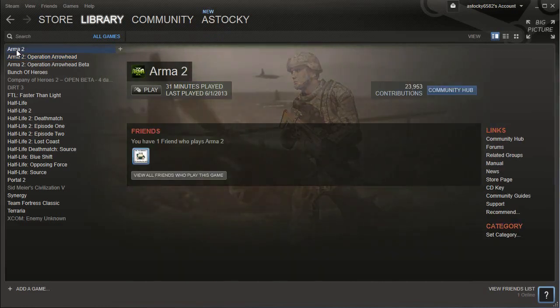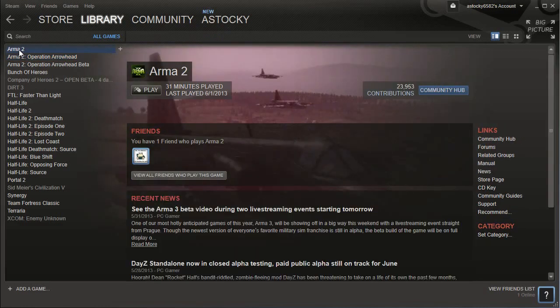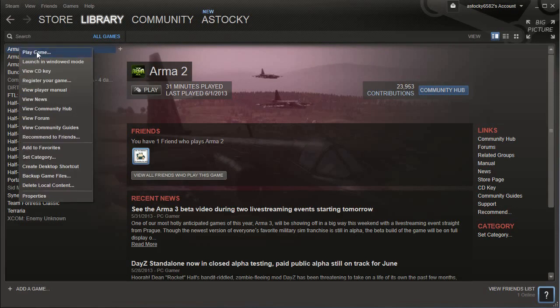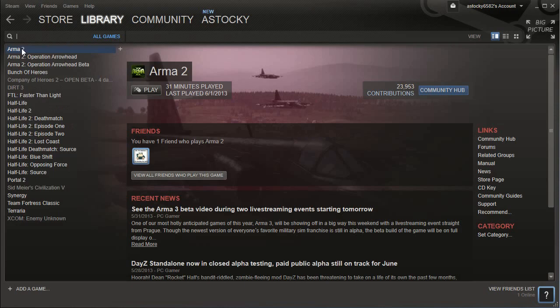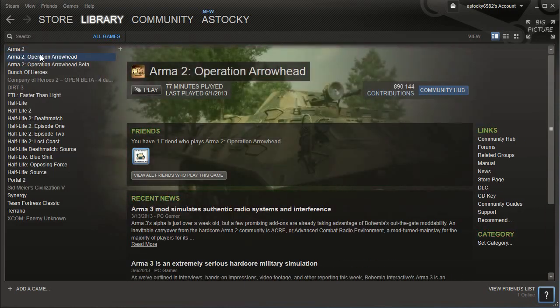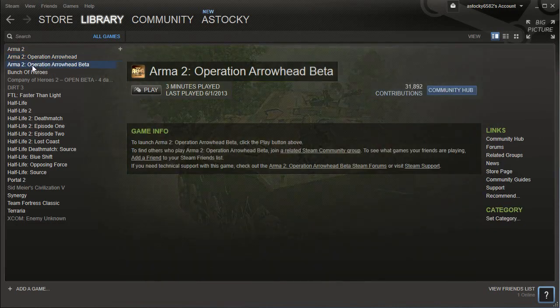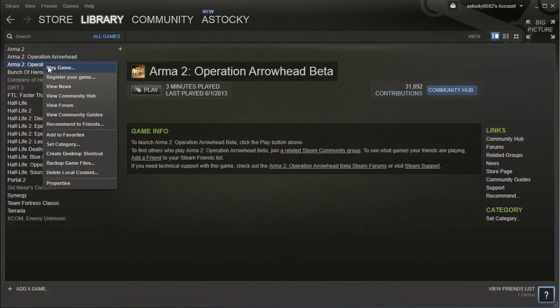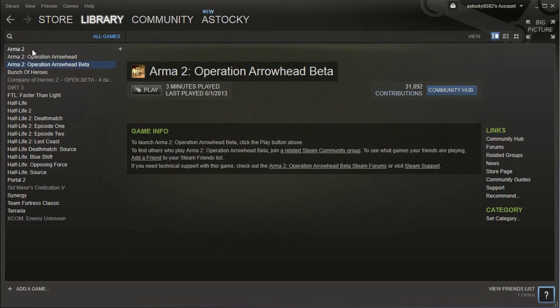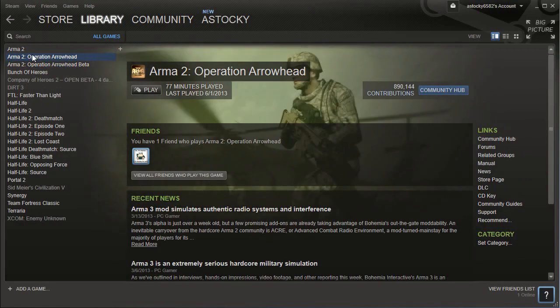You can see I have Arma 2. Now, it's important because it won't work if you don't. You need to install Arma 2 and then you need to actually play Arma 2. Critical that you play it, otherwise it won't work later. Then do Arma 2 Operation Arrowhead and play that. Now, the beta should appear here. That you only have to install. I found you didn't have to play it, but you absolutely have to play these two and at least get to the main menu. Otherwise the system won't detect that it's installed correctly and won't work. So once you've got that done and have the three of them installed, you're pretty much ready to go to the next step,